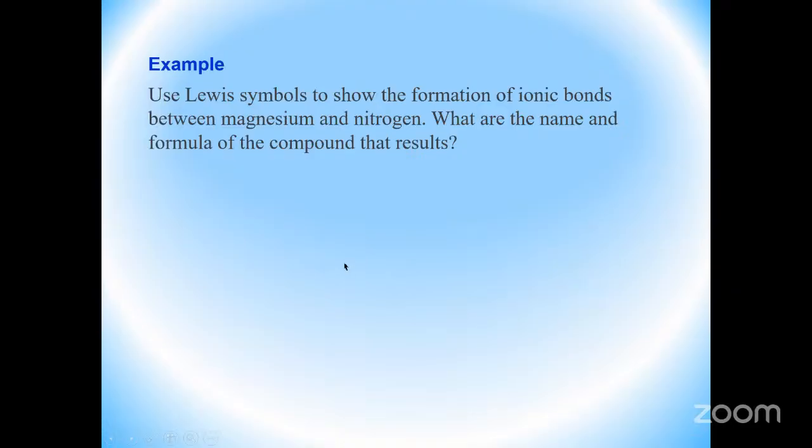All right. So let's apply this to this example right here. The question says, using Lewis symbols, you're to show the formation of ionic bonds between magnesium and nitrogen. What are the name and formula for the compound that results? Well, the last question can be easily answered based on our previous experience because if you have access to the tables that I've provided in Canvas, if you look up the formula for the magnesium ion, you see that it's